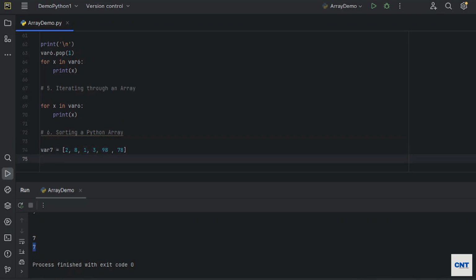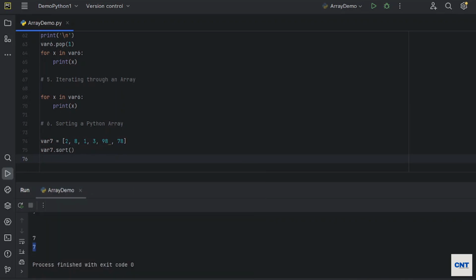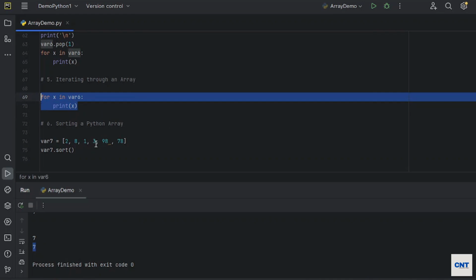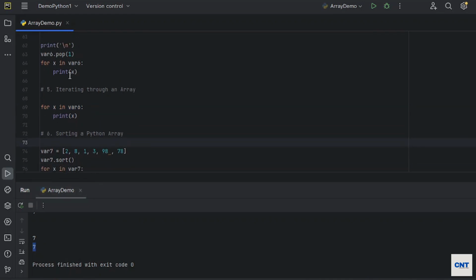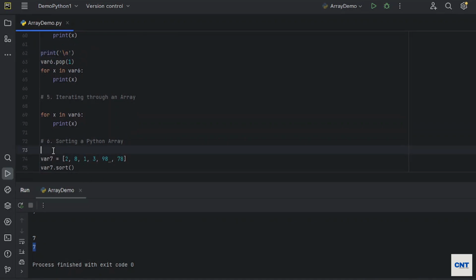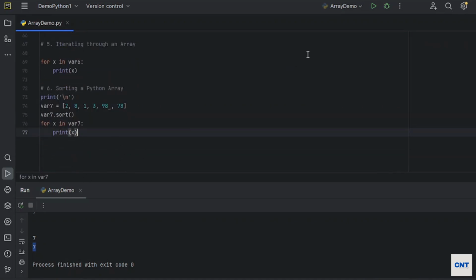I want to sort the array values. var7.sort, print var7. It's printed. You see all the values in the array are sorted: 1, 2, 3, 8, 78, 98. This is ascending order.